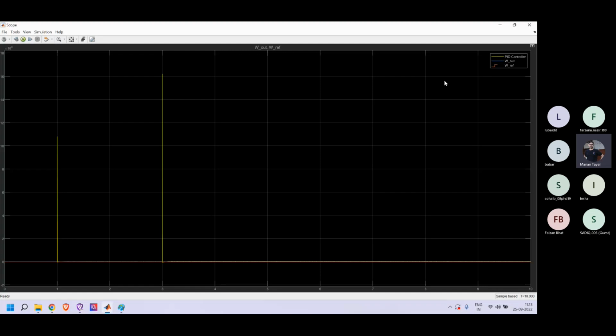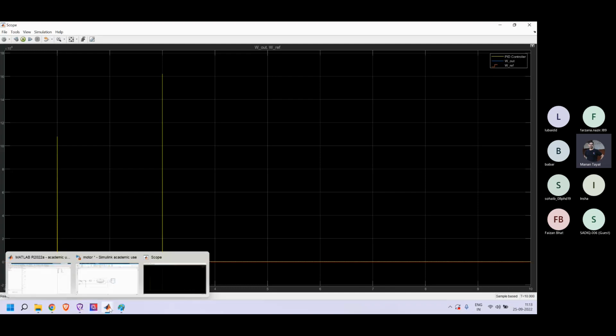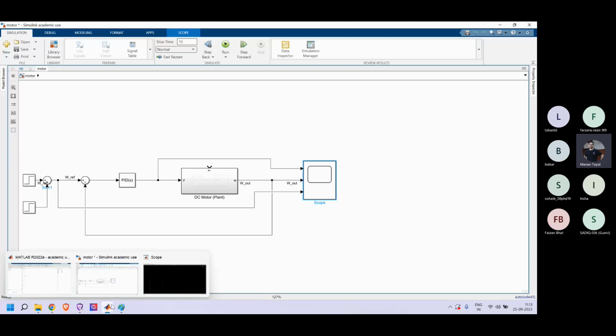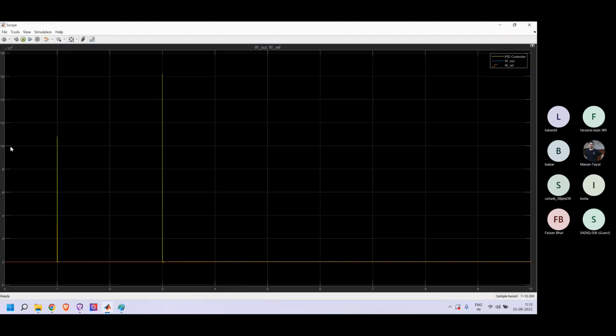These two yellow colored spikes signify the output of the PID controller, and there are two spikes, right,